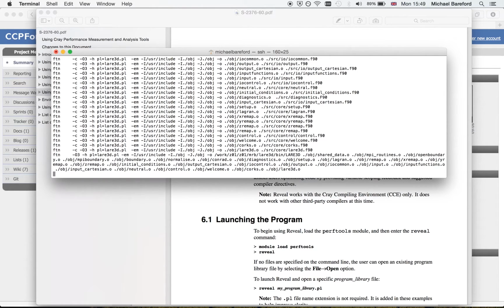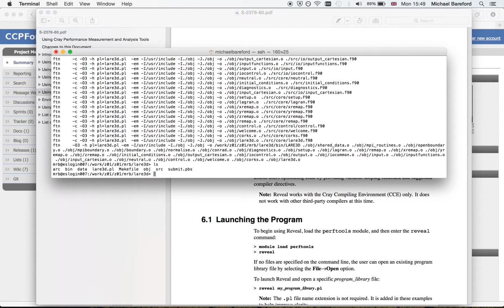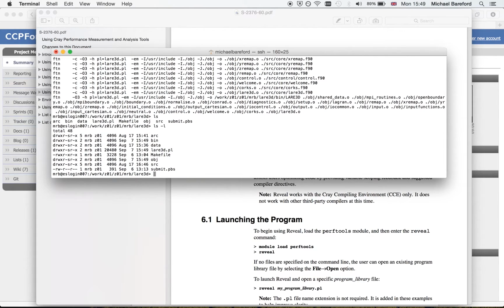Okay, we're at the linking stage. This shouldn't be much longer. Great. So there's the program library, and we can look inside